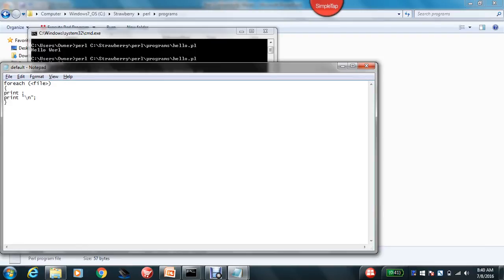So basically you will have a variable defined. If you are missing a variable definition, then you can use either print or the dollar underscore symbol to get the value printed.